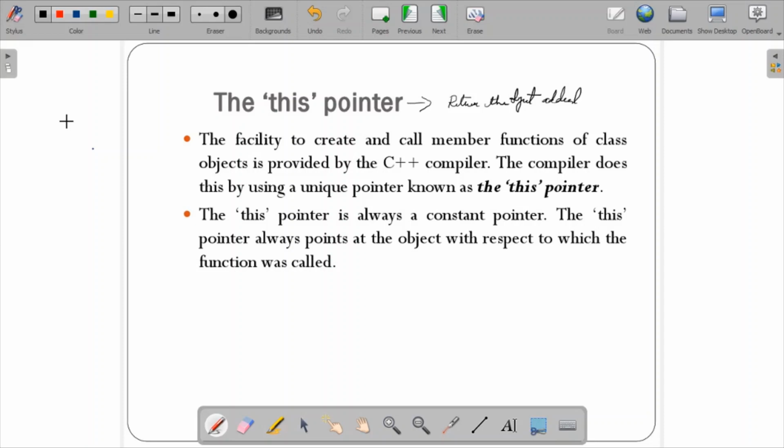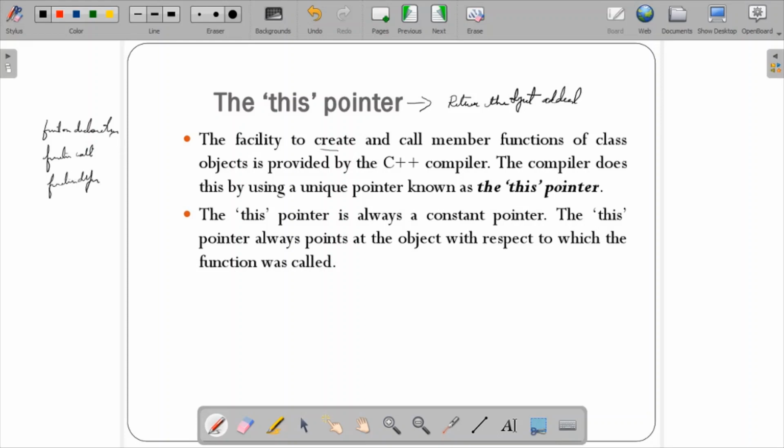Whatever code you write over there, it facilitates to create and call member functions. That means function declarations, function calls and function definitions. Function call is usually done in the main, and function definition.